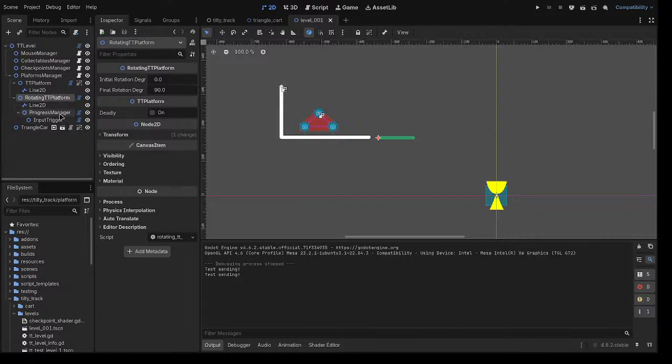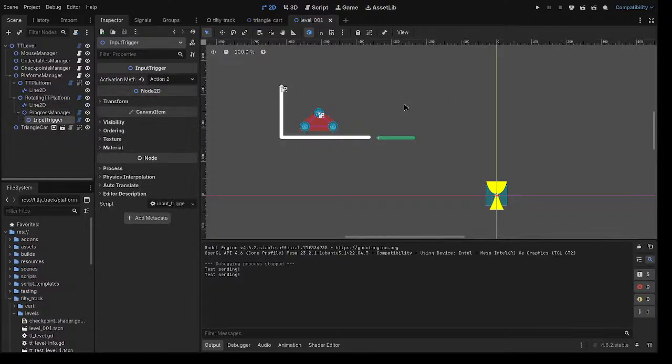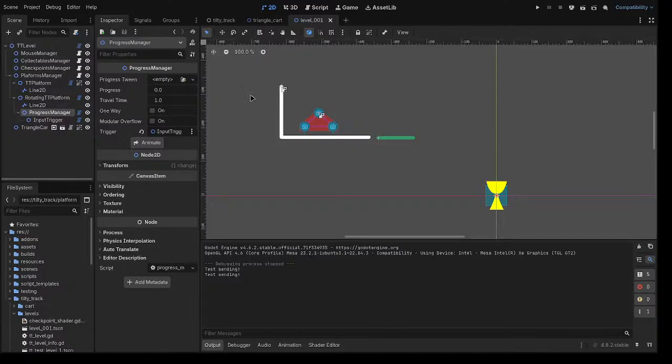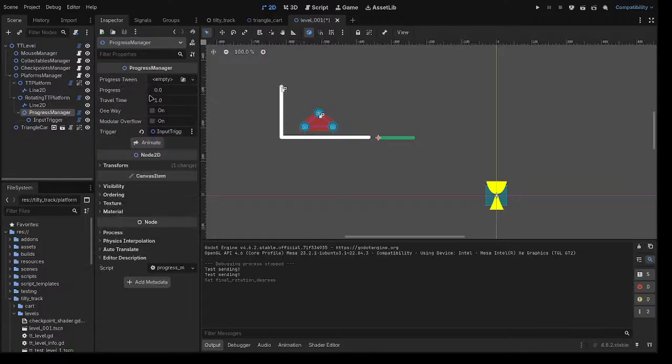So now I have this guy, the progress manager, whose entire job it is to just track the progression of the animation. It uses the input trigger child to determine when it should be progressing versus regressing or just staying still. And then its parent looks at the progress manager to determine what part of the animation it should be in. So the rotating platform here, let's say it only rotates 45 degrees. Now when the progress manager is halfway there,